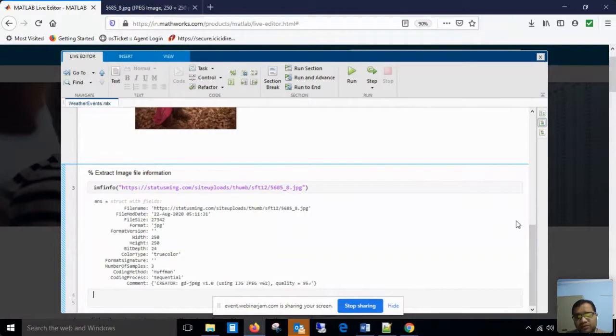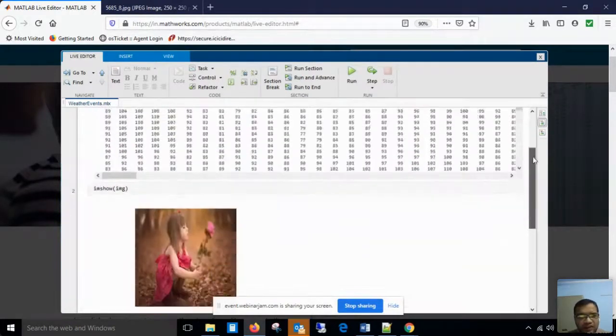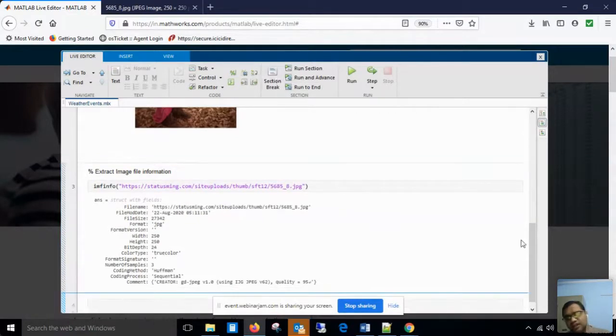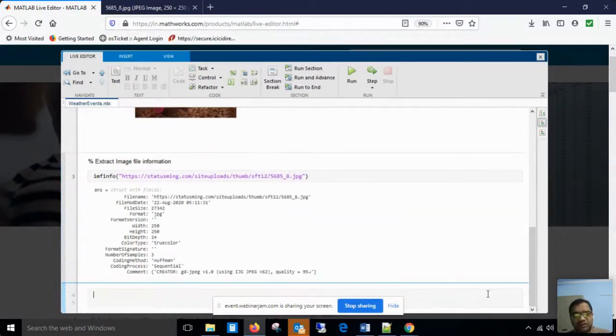which I have used for the imread function and for further processing. So we have seen how to read the image, then how to display the content of the matrix, and how to get more image information using imfinfo. This is the function imfinfo, and it accepts one parameter, that is the original file name. So through that you can get the necessary file information.